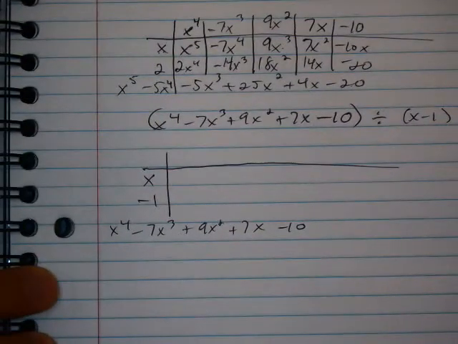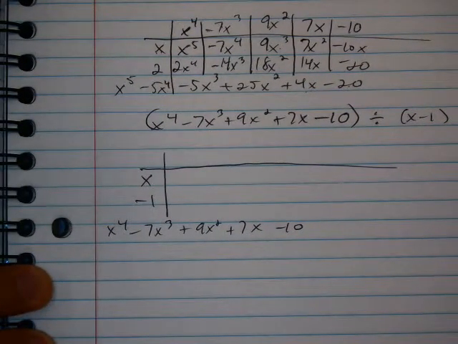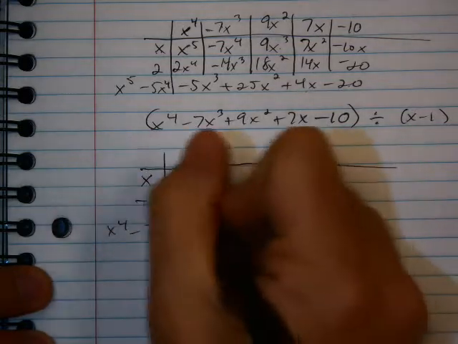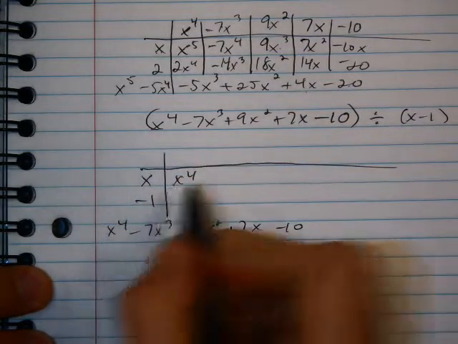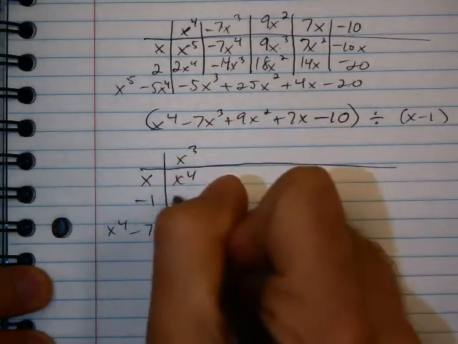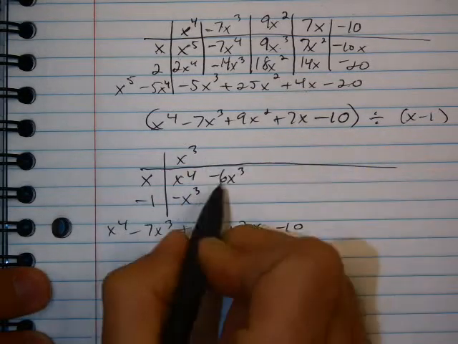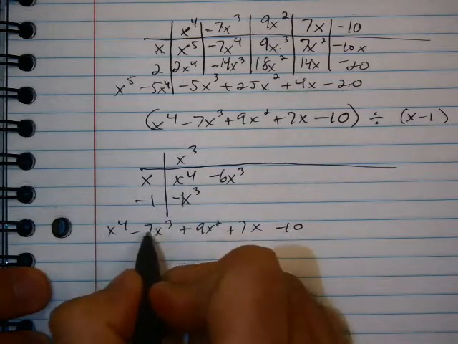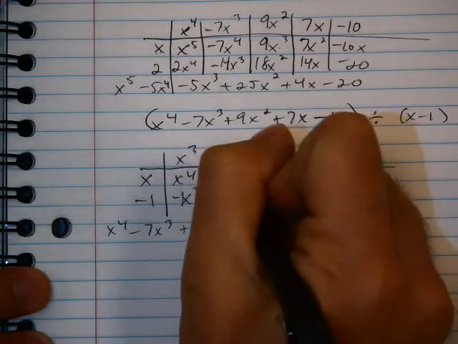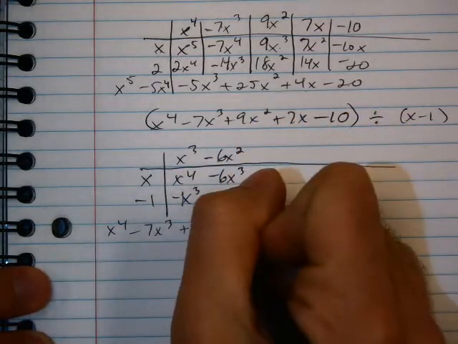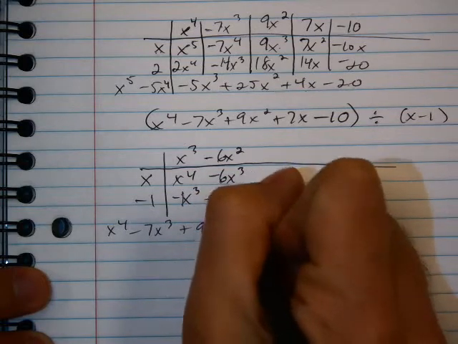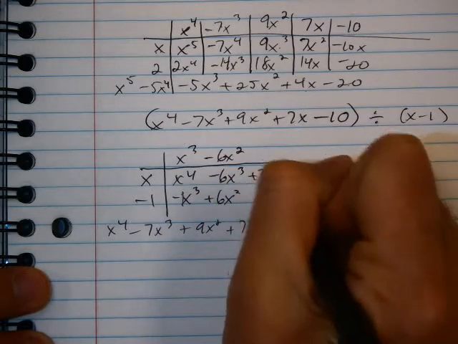Oh boy, and you see how insane this is getting. We're already at 5 minutes. We're barely half done. So x to the fourth comes here, x to the third, negative 6x to the third, because that will combine with negative 1 to give us negative 7, minus 6x squared times that is positive 6x squared, positive 3x,